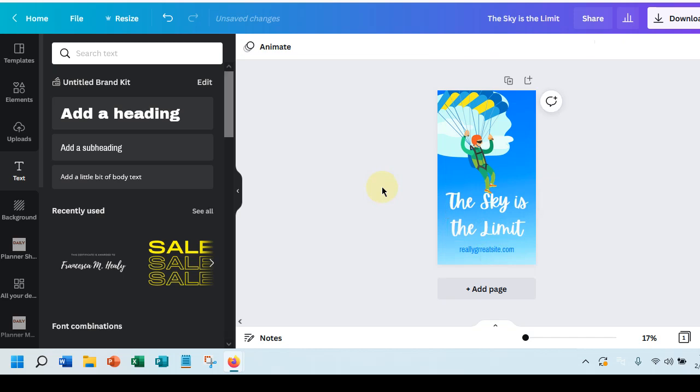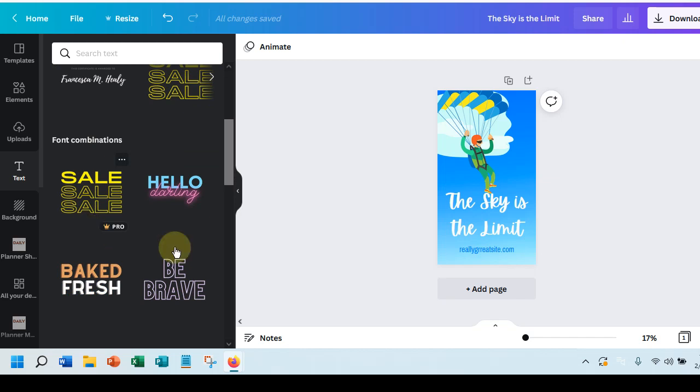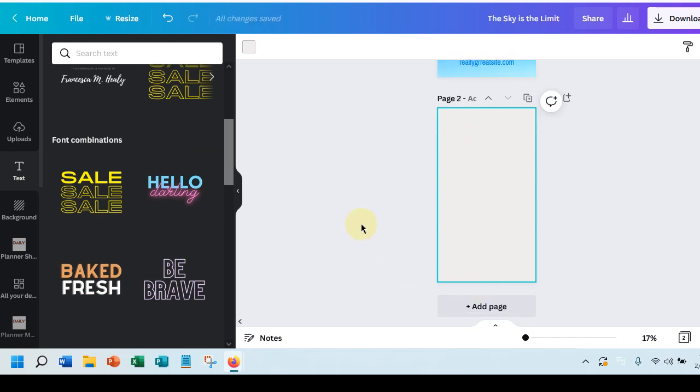I mean, it's just an image, but basically you see how easy it is to use Canva. I can use that in one of my social media posts if I'm doing just something kind of fun and light and easy. If I had a quote, and I don't think they have quotes in Canva. If I wanted to promote a sale, I can just click here and do add page. So I can add a new